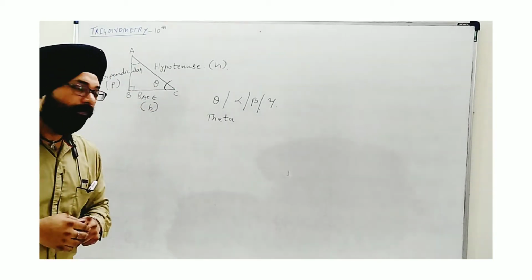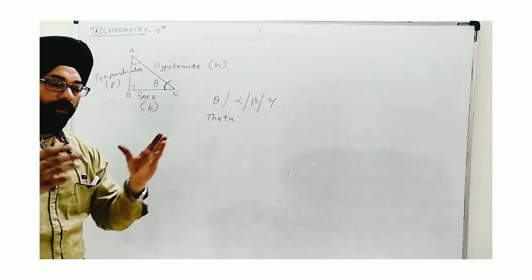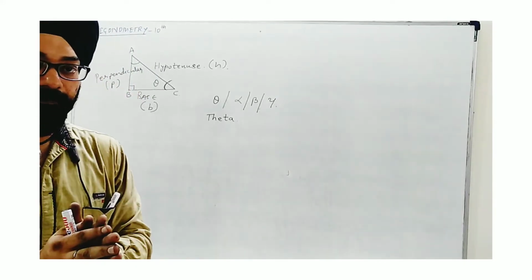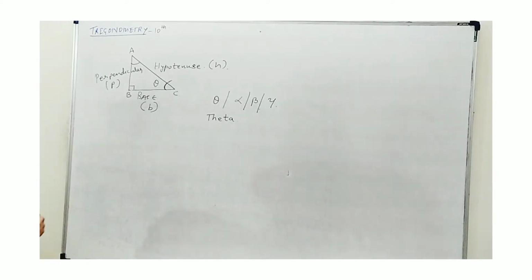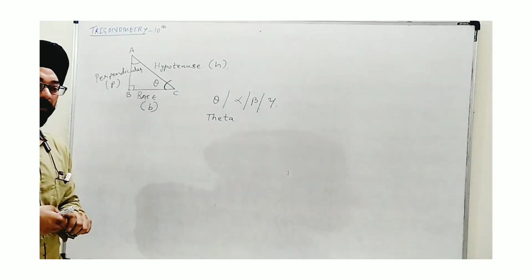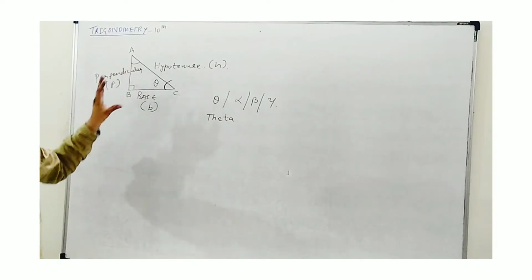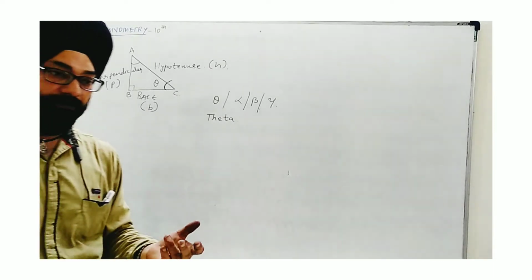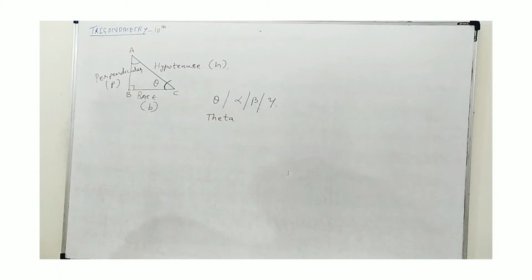So there are three sides in a right triangle. The whole theory of trigonometry basically is related to right triangle. Previously it used to be the theory of angles and theory of triangles. It is now particularly about a right triangle. We can expand it later. First of all, as a beginning, we have to introduce it. That's why we should think of right triangle now.